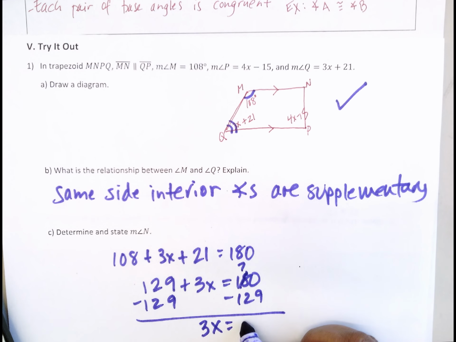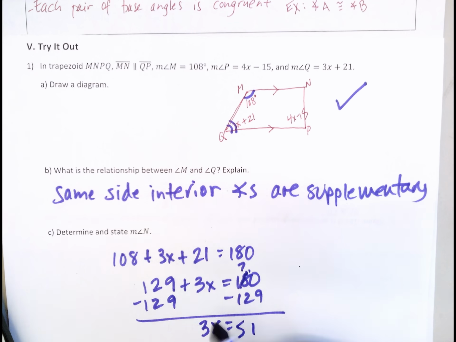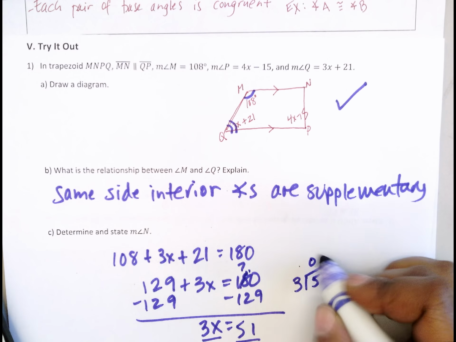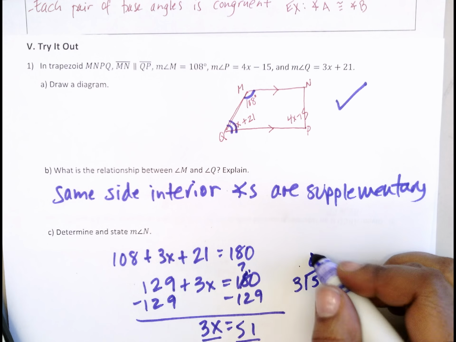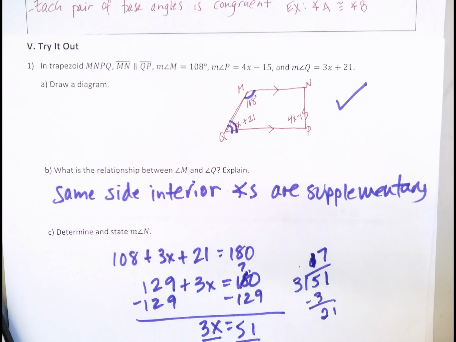That's going to give us a 7. So we end up with 51. Divide both sides by 3. And that's a 1. And we get 17. Okay? So, if 17 is x,